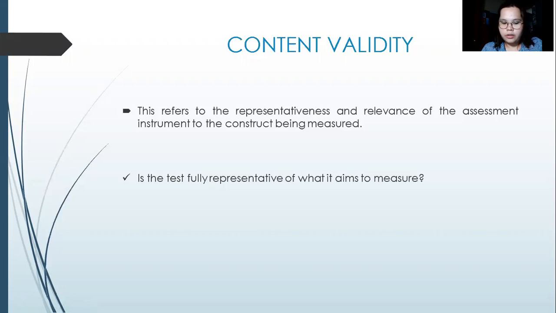Or na-justify ba nito kung ano ba yung kinakailangan nitong ma-measure? So, ganun. Sabi dito, content validity refers to the degree to which an assessment instrument is relevant to and representative of the targeted construct it is designed to measure. So, kumbaga, nagagawa ba nito kung ano ba yung kailangan niyang magawa? Okay, nabavalidate ba nito yung kailangan niyang ma-validate?